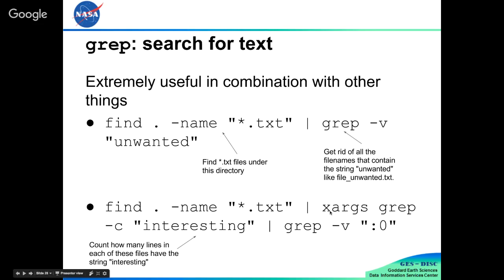In this one, we're throwing in xargs. So what happens is for every line in find, it actually calls grep -c interesting on that file path. And then grep will look in the file itself and count the number of lines that have the word interesting in it. Then this will remove the ones that have 0 instances of the word interesting. So once you play with these a little, it becomes more obvious.